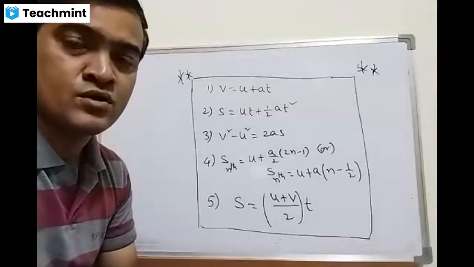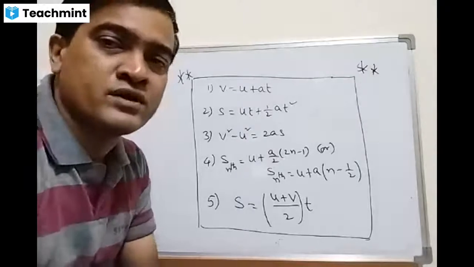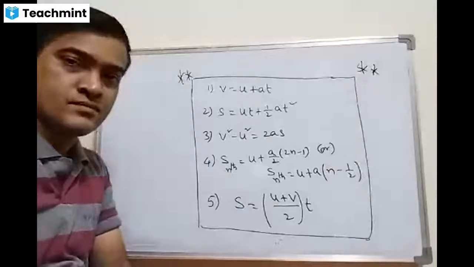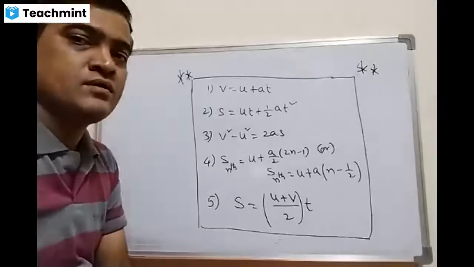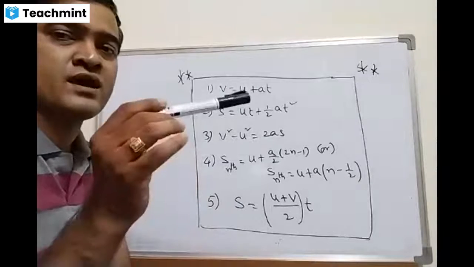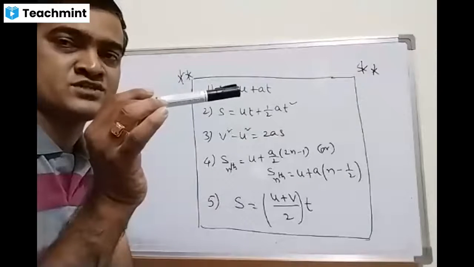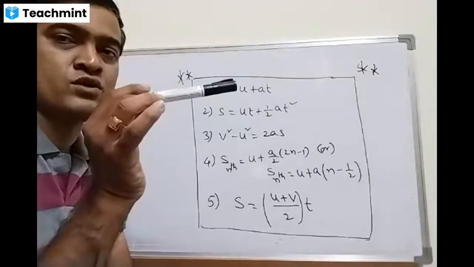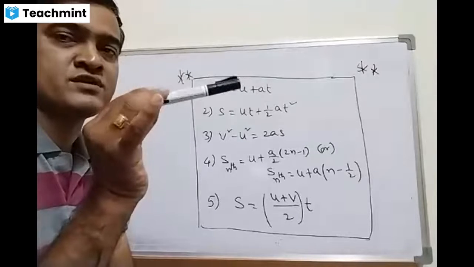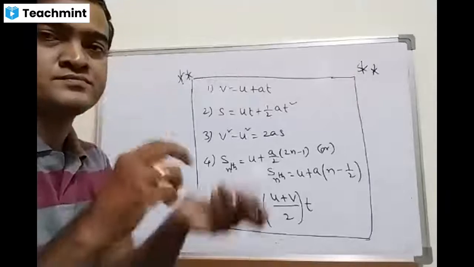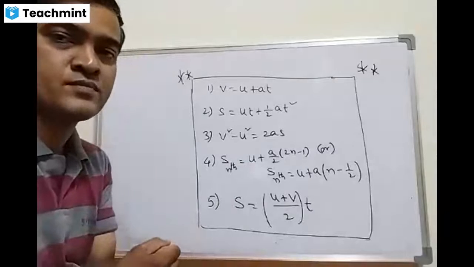From these formulas, now we are going to discuss a freely falling body. What is meant by freely falling body? For example, I have this marker, or I can say object. Initially this marker is at rest because I'm holding it. But the moment I release my fingers, what happens? It will fall down because of gravitational force.